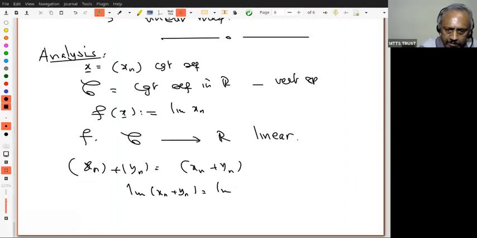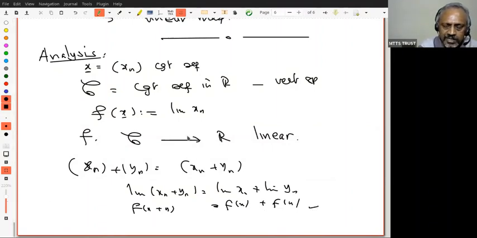This is limit of xn plus limit of yn. But that is f of x plus f of y. This is f of x plus y. And similarly scalar multiplication,